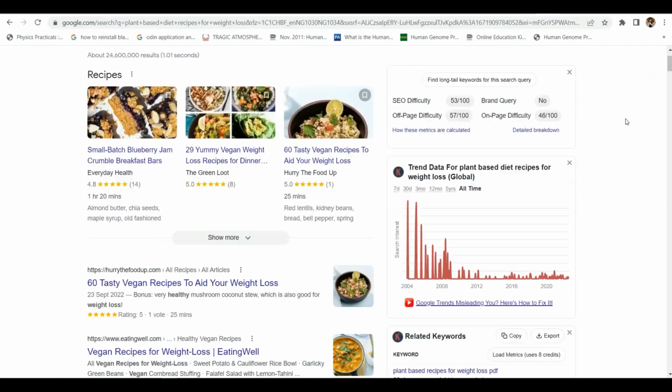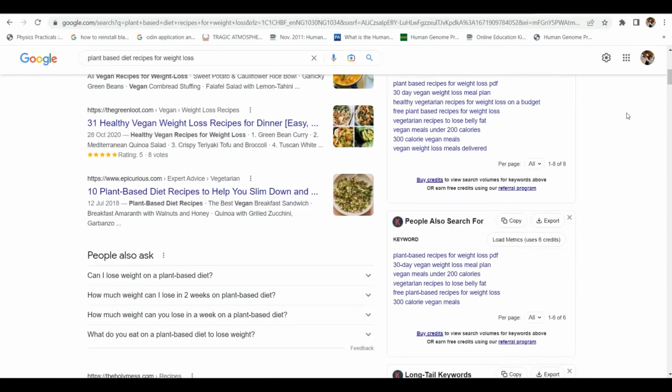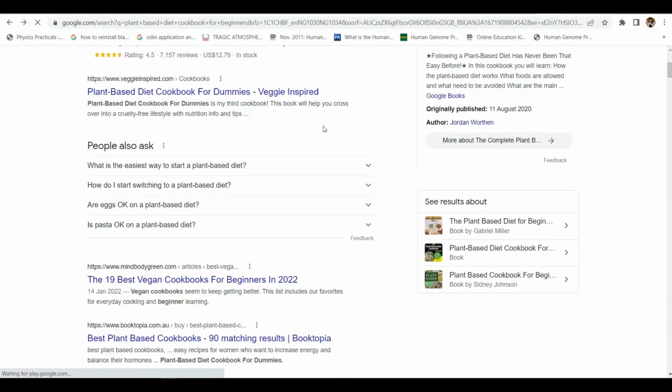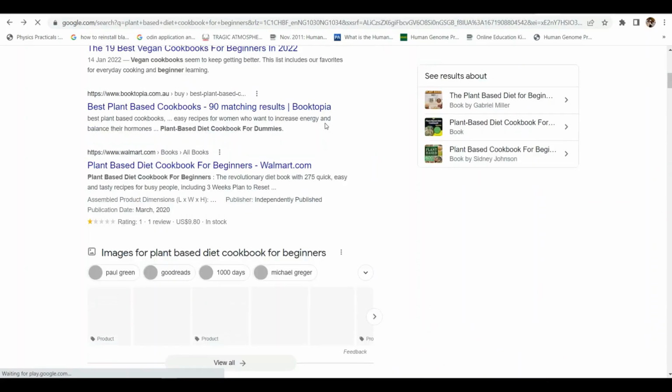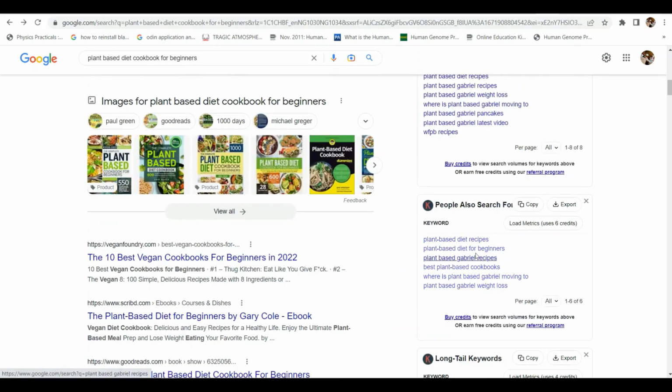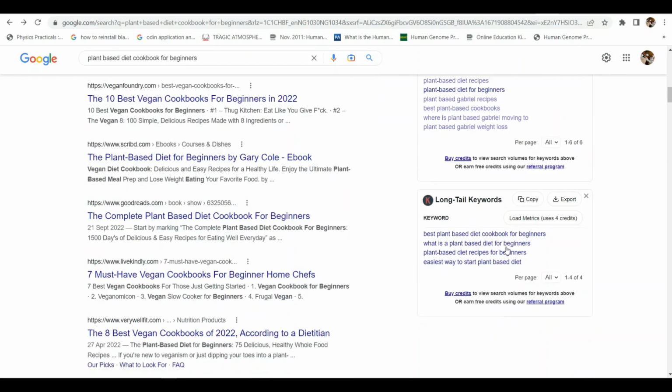Let's just use what we've searched for before, our plant-based diet cookbook. Let me go back. For beginners. Let's wait for Keywords Everywhere to suggest. Okay, you have plant-based diet for beginners. Best plant-based. Okay, you can't use "best" in your keywords. You can't use the word best in your keywords. It's against Amazon's